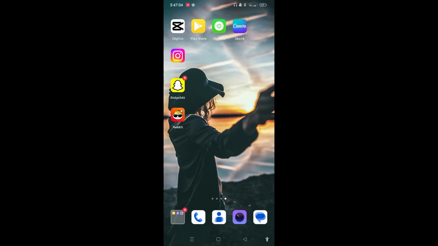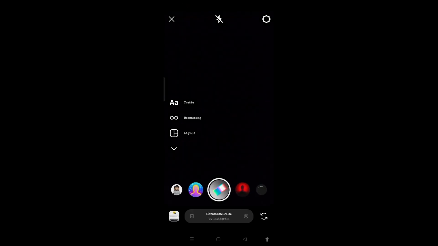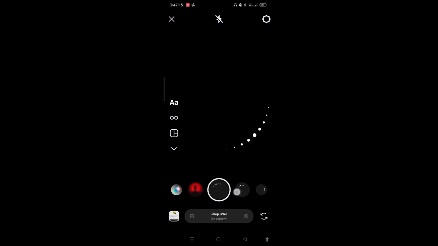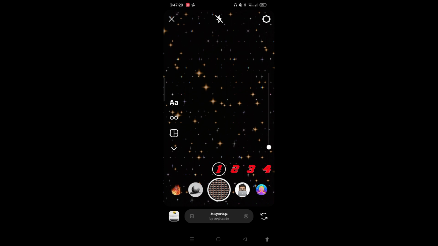On this episode I want to show you how to fix Instagram filters not working. So if you are also facing the problem of Instagram filters not working, if you open the Instagram app and any filter is not working, then how can we fix this problem? You simply need to go back